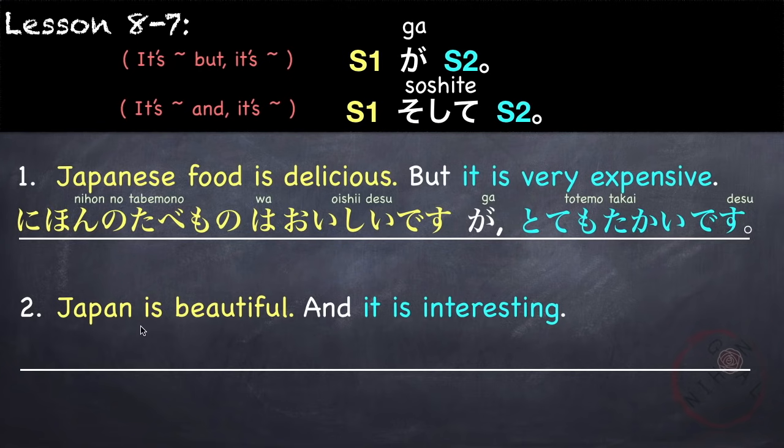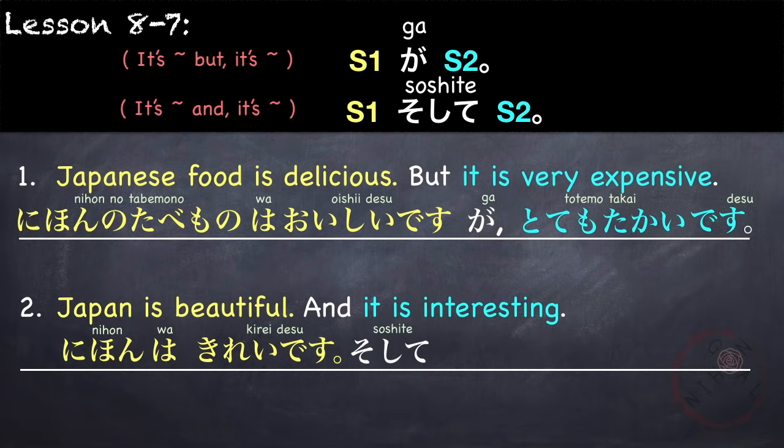Now using そして. Japan is beautiful and it's interesting. So here we have two positive statements. 日本はきれいです。And そして it is interesting. 面白いです。日本はきれいです。そして面白いです。